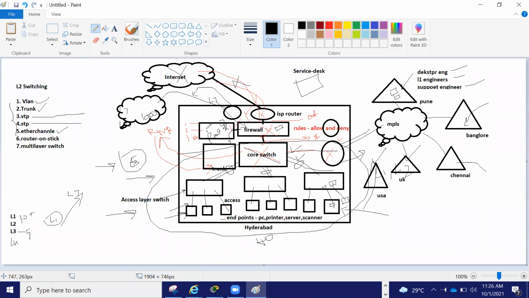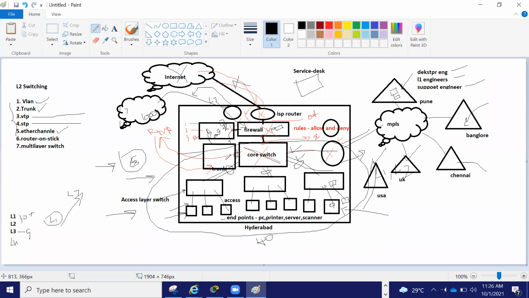But if you look here, these two firewalls are connected to each other, and one firewall will be active, one firewall will be passive. So traffic will be passed from one firewall only. Similarly, in the ISP, one will be active, one will be passive. Similarly, in the core switch. Now we need to learn this one, the core switch. These core switches will be connected via a trunk, and this trunk will be bundled via EtherChannel.